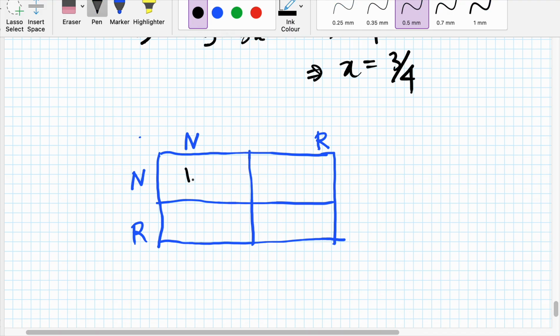Suppose this corresponds to 1, 1, this corresponds to 0, 0, and 0.5, 0.5. So again it is a symmetric game, so no need to write this again. 0.5. Let us calculate the